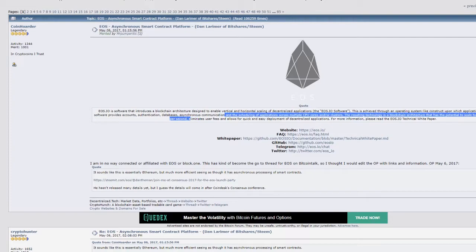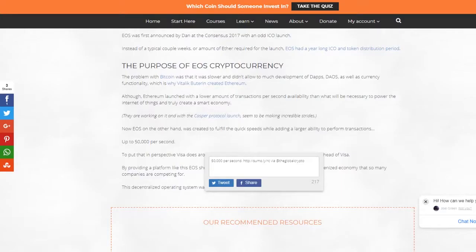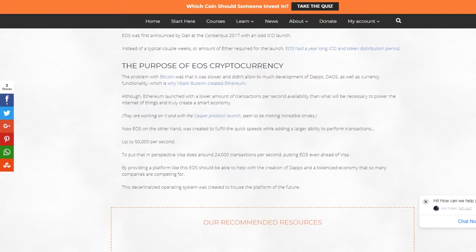It has no fees, and there's the quick and easy deployment of decentralized applications. So again, that's what EOS is pretty much aiming to do, with the primary goal of acting as a decentralized operating system, to be an in-house kind of platform in the future. So that'd be pretty cool if it does happen. You can use the EOS platform at home to access all sorts of decentralized applications and use the cryptocurrency that EOS provides to pay for these goods or services that exist on this platform.